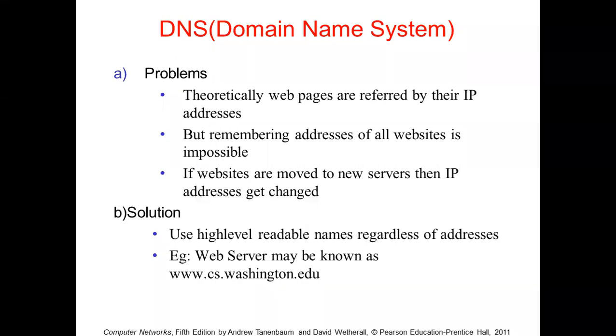One more problem that can occur is, suppose a server is moved from one machine to another machine, then its IP address will change. So say, for example, in the past we remembered the IP address of Oakte College of Commerce, but the machine has changed. Then a new IP address will be allocated to it, and again, remembering the new address is difficult. These are one or two small examples that I gave you. But imagine the internet and us accessing it with the help of IP addresses. It would be very difficult. And that's why a solution to this was to use,